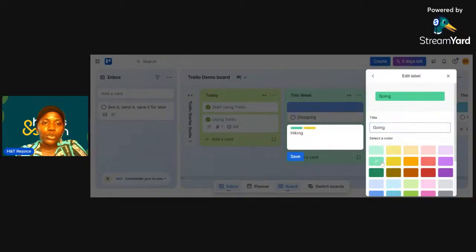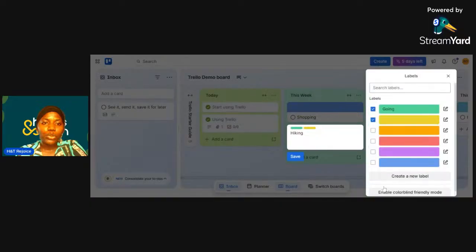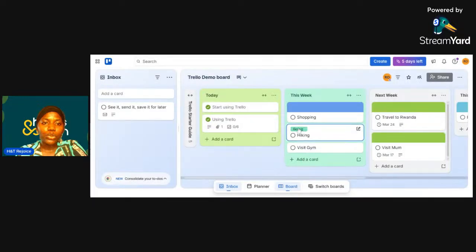You can use it as this and save it. So whenever you click this color, you see, okay, going. That's perhaps you want to use it to check if it's possible to go for this hiking and you write going, that works. Then we've seen how to add this